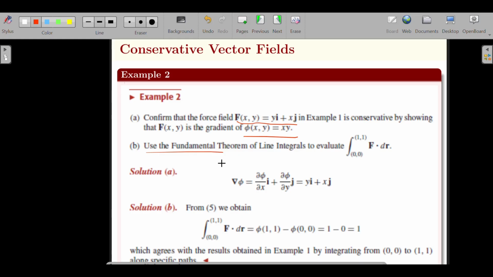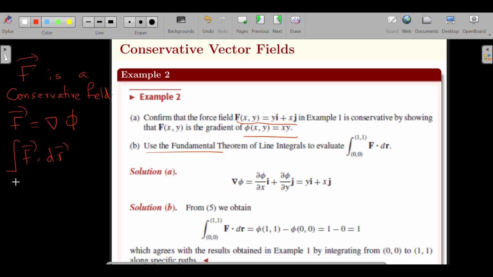The fundamental theorem of line integrals clearly states, and this is the crux of the theorem, that suppose that F is a conservative field. If F is a conservative field, then clearly F is equal to del phi for some scalar function phi. Then the work done